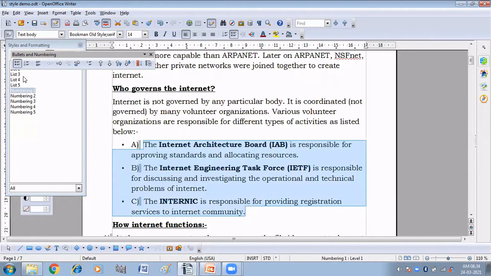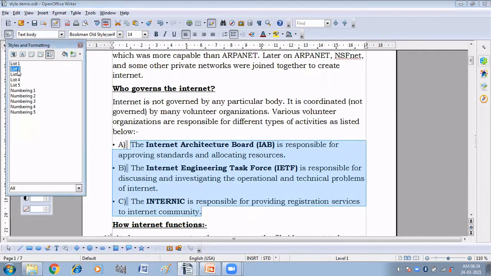So from here you can change the style. Fine. So with the help of list style you can change the style of the list, like list 1, list 2, list 3. Okay, like this you can change the style of the list. Fine. So here we have got to know how we can apply the style on the document.